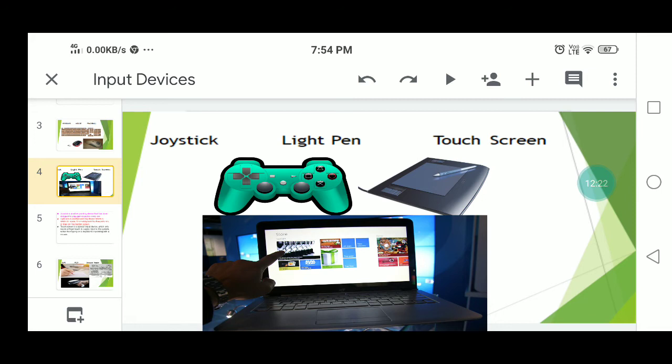Touching the screen twice after a short interval generates a mouse double click, and touching and moving the finger without lifting it generates mouse dragging. One touch is a single click, two touches is a double click, and moving the finger from one place to another is dragging, just like the working of a mouse. That is the touch screen.